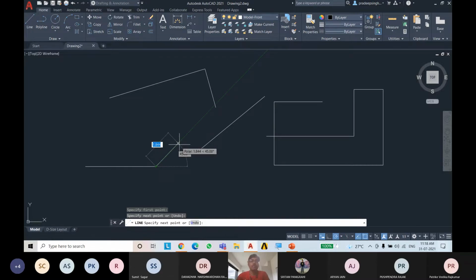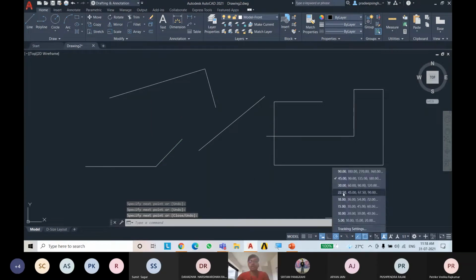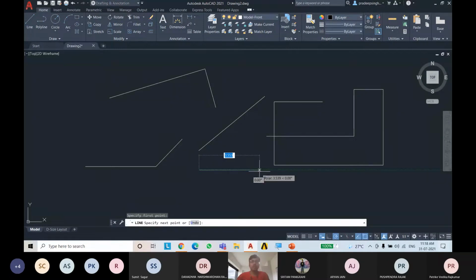It will give you a green tracing of angles like 0, 45, 90, then 135, like this. You can use it to accurately draw angles. Like if you want only multiples of 30, then also you can use it. Like it's showing us 30 and 60, etc.